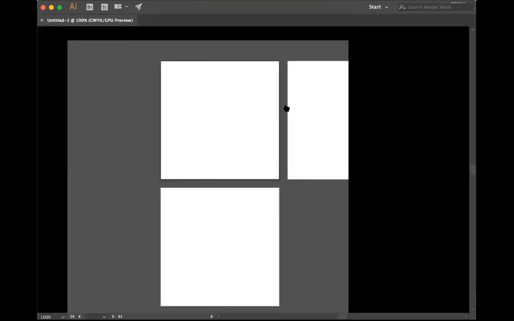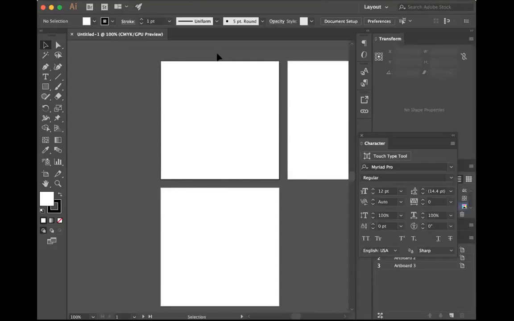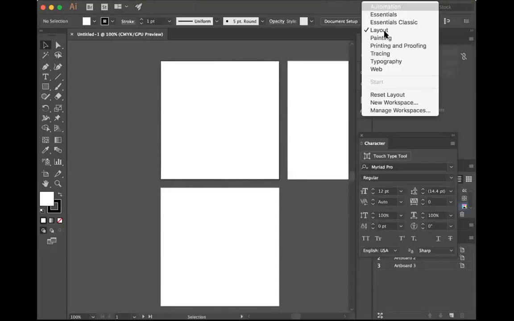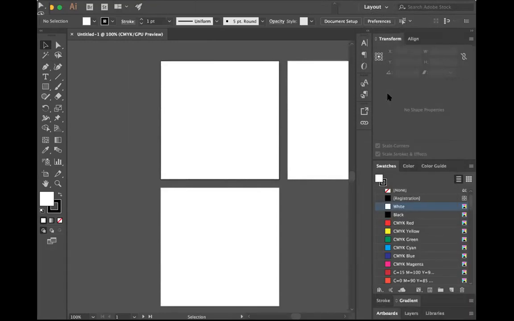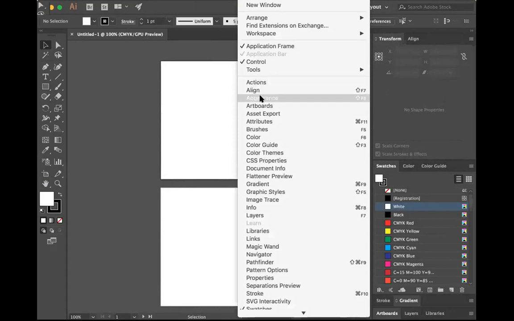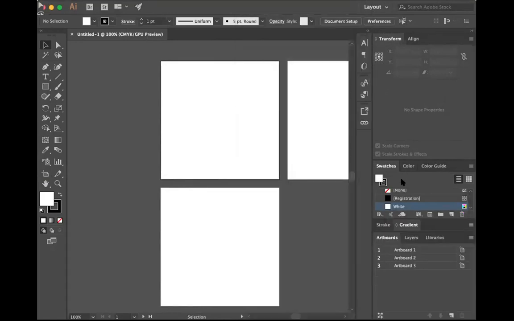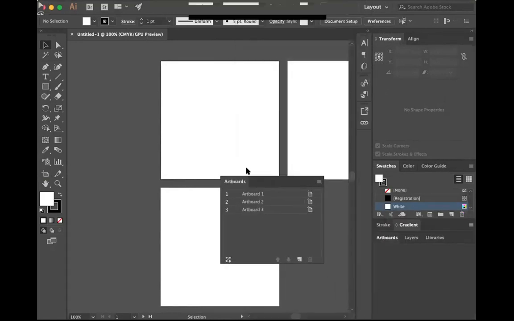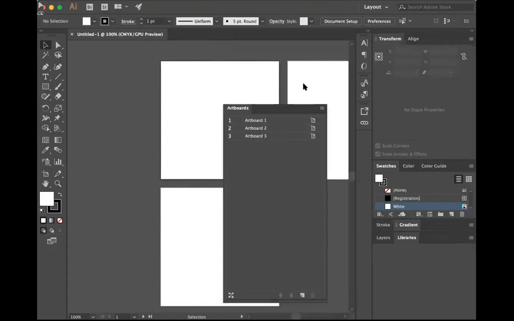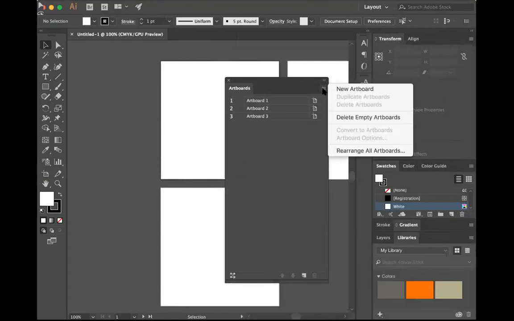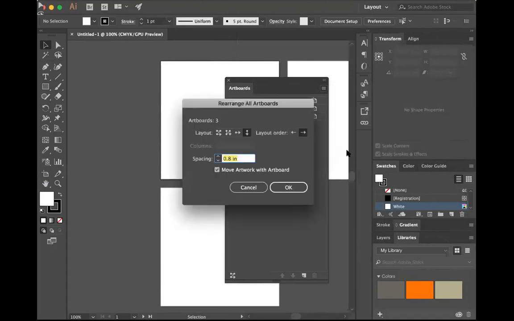You can rearrange your artboards so they're all vertical. Let me show you how to do that. Let me reset my layout panels. Just go to Window and go to Artboards. When the Artboards panel comes up, click on the flyout on the upper right-hand corner. Rearrange Artboards.